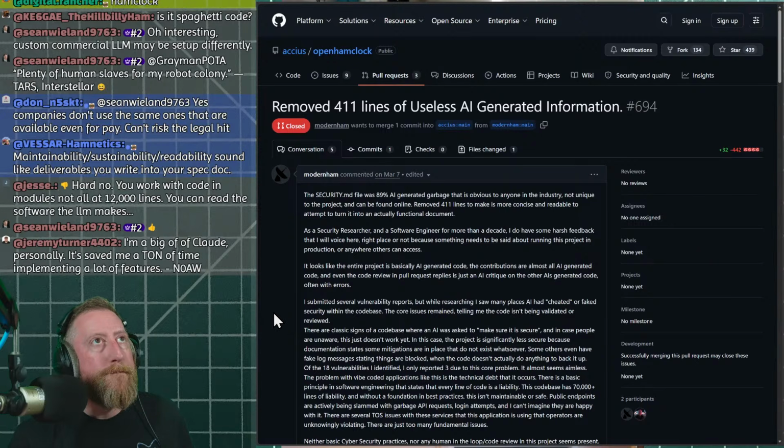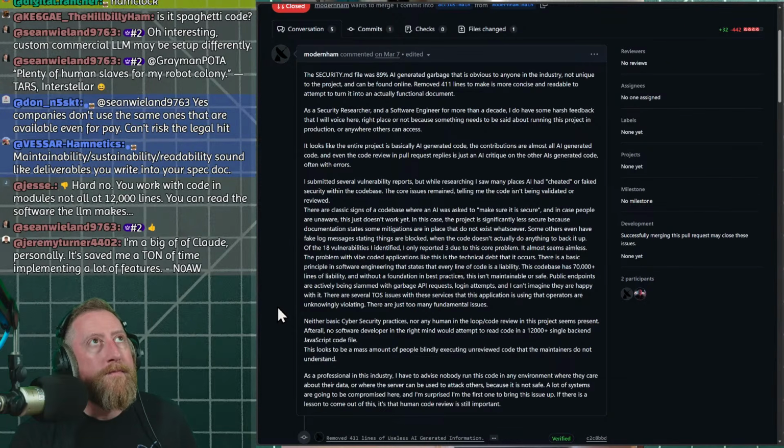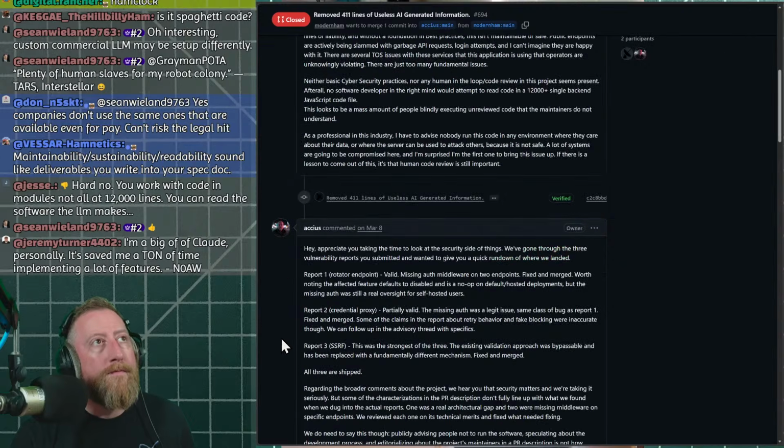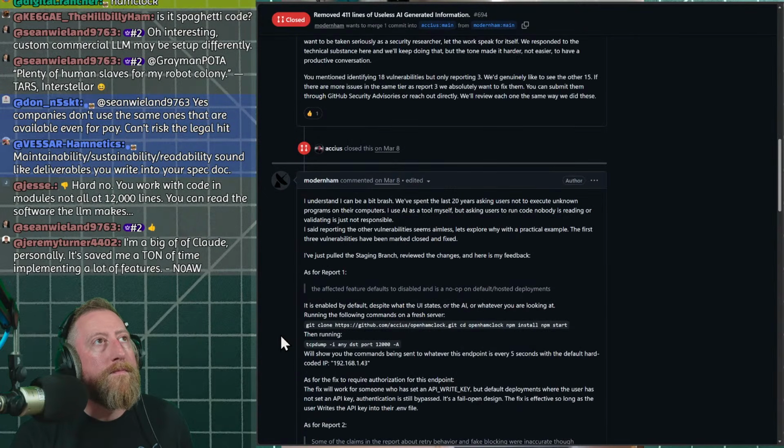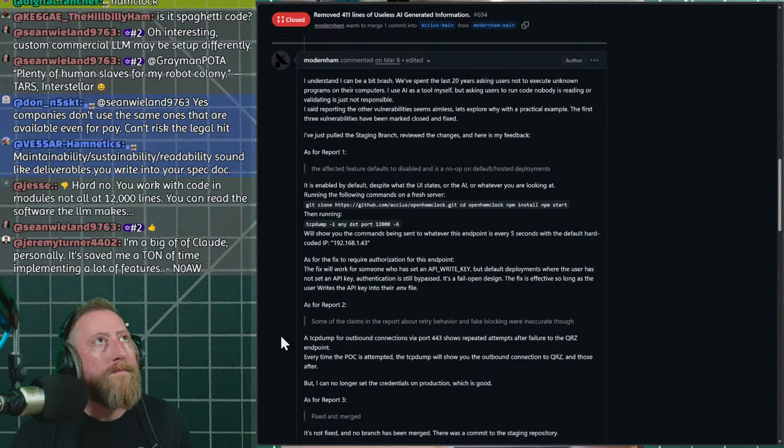Really high level, basically, OpenHam Clock is largely AI developed, as far as I can tell. I don't know the developers. I haven't had any discussions with them. Full disclosure, right? I'm just reading along and looking at code.